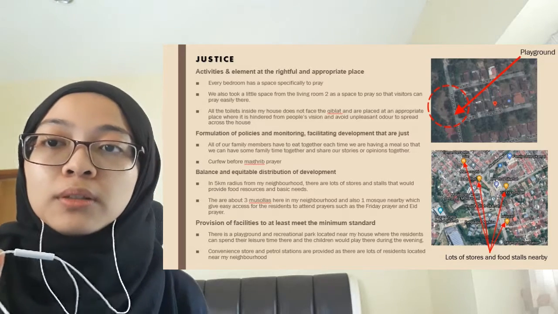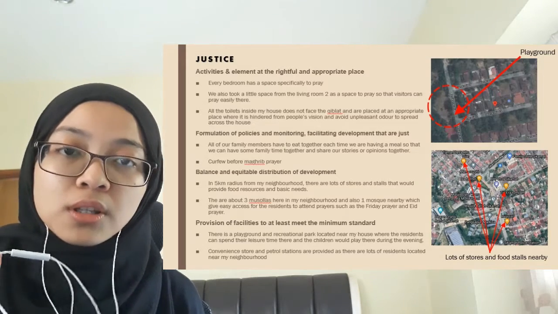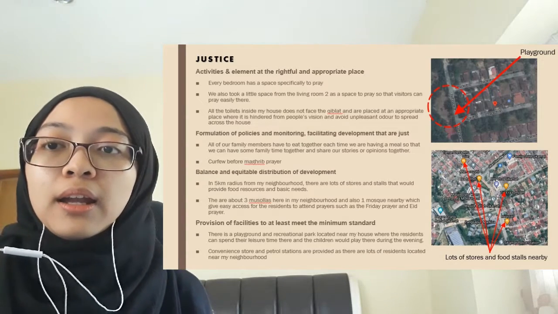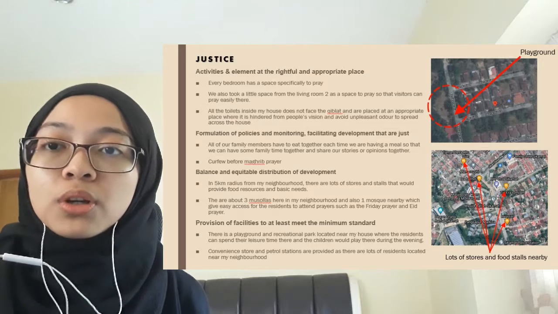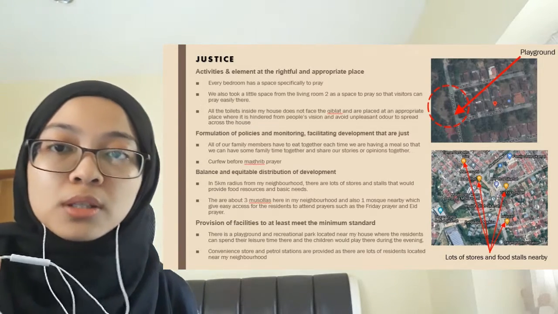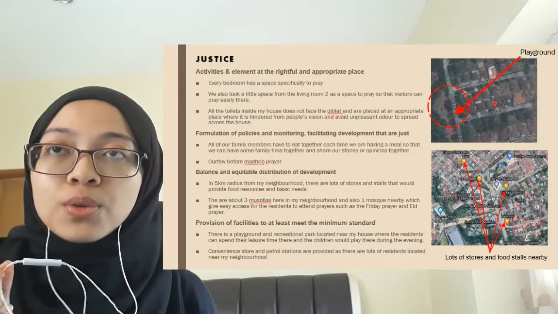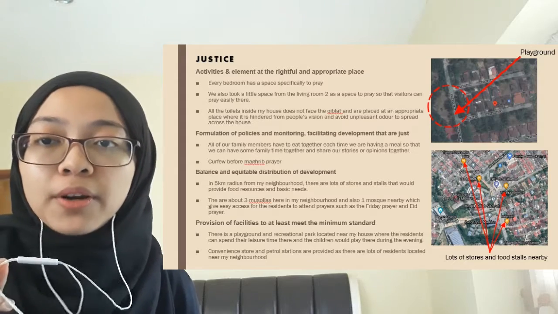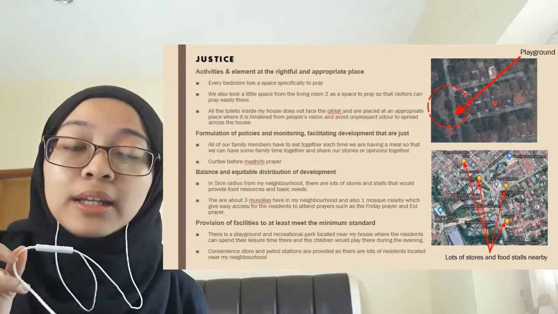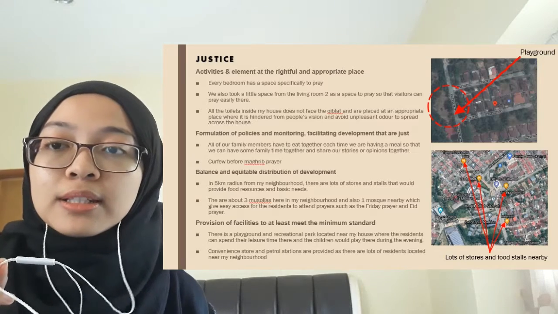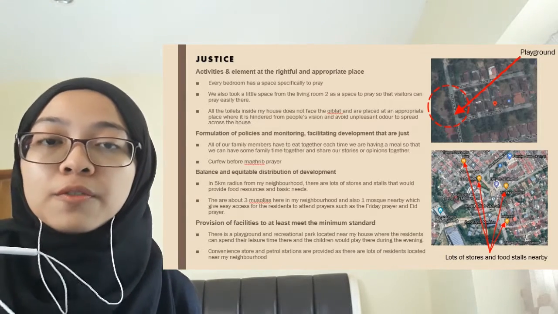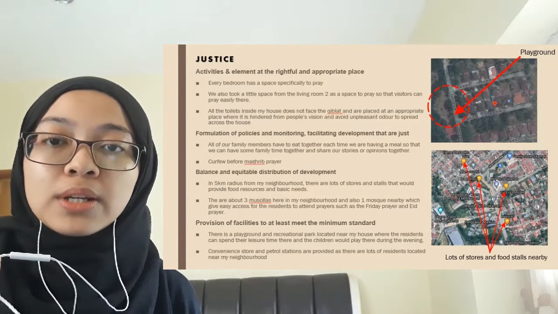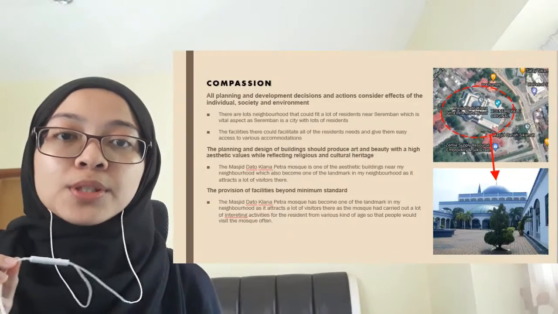And in a 5-kilometer radius from my neighborhood, there are lots of stores and stalls that would provide food resources and basic needs. And there are about 3 musalla in my neighborhood, and also 1 mosque, which give easy access to the residents to attend prayers. And then there is also a playground and recreational park located near my house, where the residents can spend their leisure time. And convenience stores and also petrol stations are provided to the residents. So in terms of compassion,